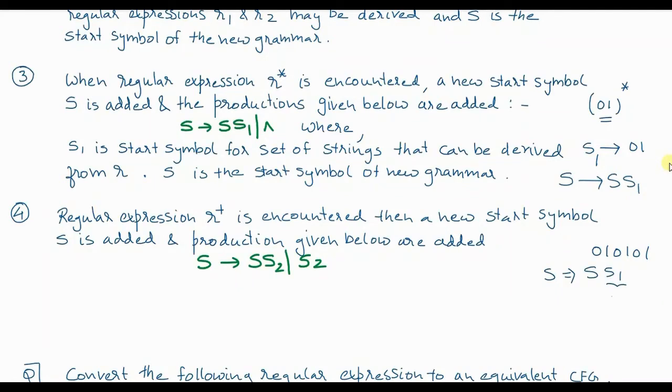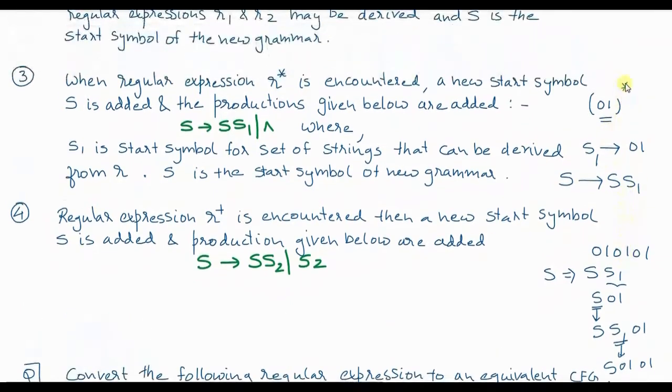Then this S1 you are going to replace it with 0 1, so it will be S01. Again this S, second time you are going to replace S with again SS1. So you will say S S1 followed with 0 1. Then this S1 can be again replaced with 0 1, so that you get string 0 1 0 1, and S will ensure that there is another time 0 1 can be concatenated, and so on, right? So this is how the string 0 1, S1 is a production that represents single 0 1. So this is how the string 0 1 can be repeated n number of times.